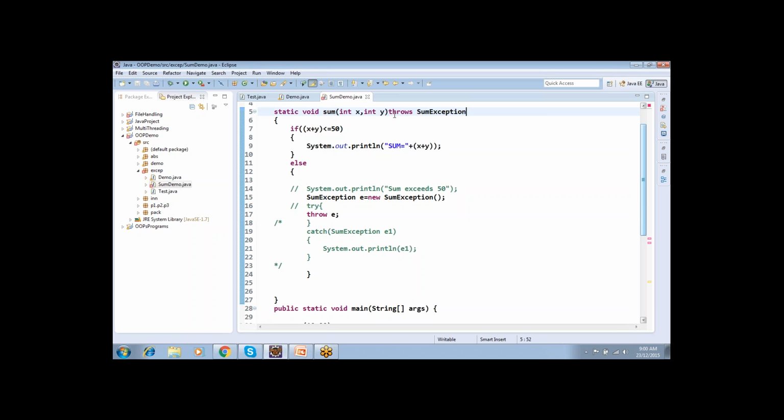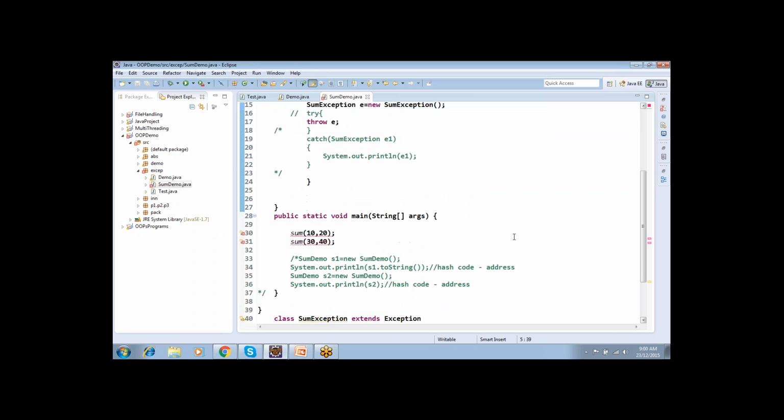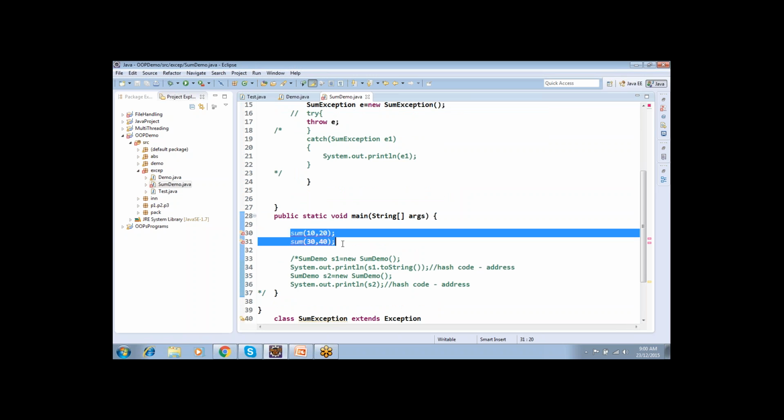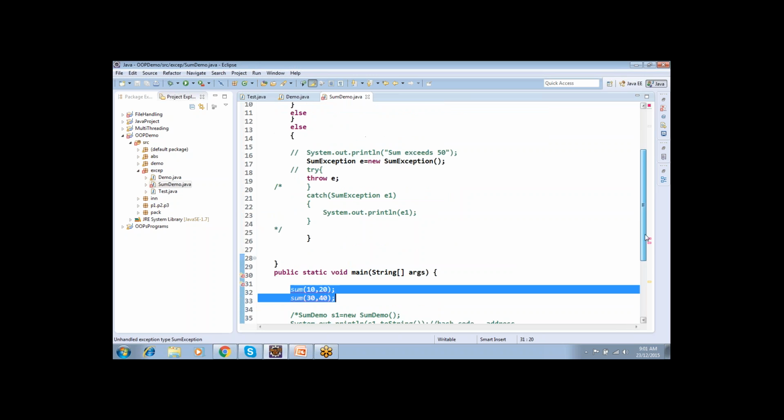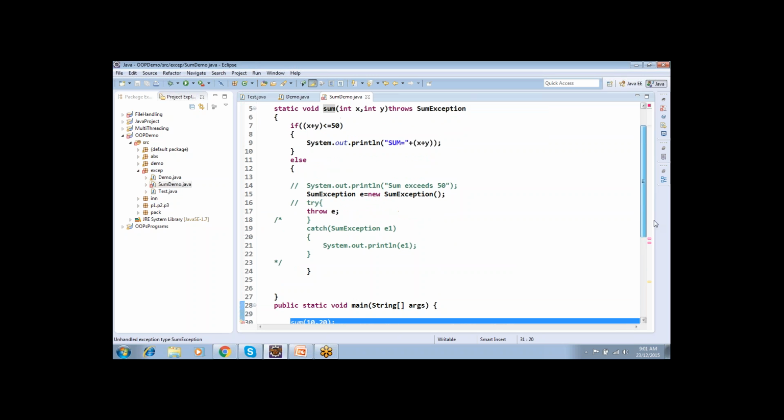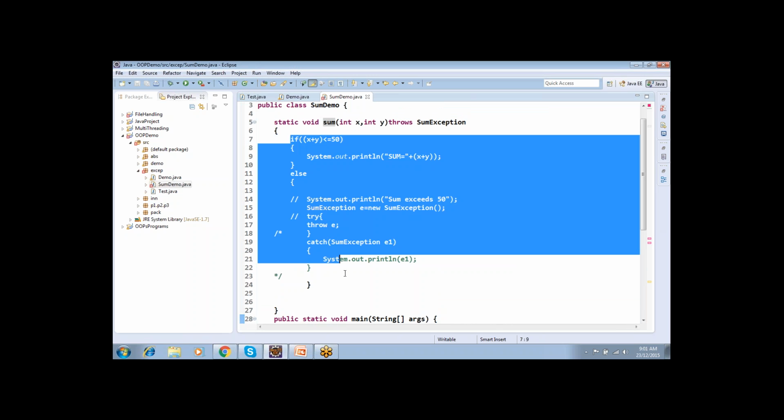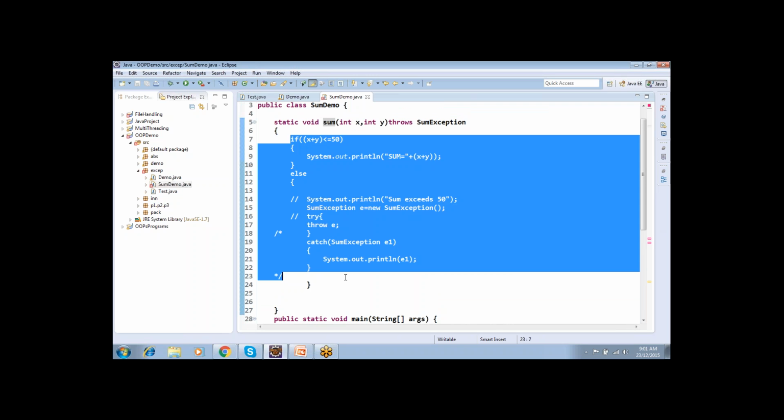It's throwing. So this throws informs the calling function. The calling function is from where we are calling this function, with some values like 10, 20 or 30, 40. So this throws informs the calling function that there is a problem in the body of the function,